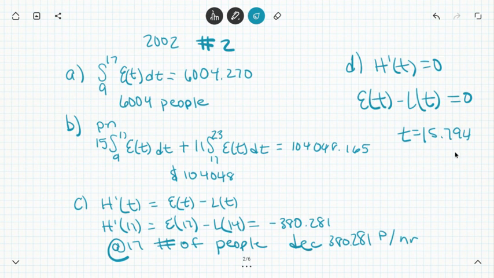Now, I heard rumors that you're going to be able to use online calculators. If you're going to be able to use online calculators, you can probably use Desmos. And I'm not 100% on this. I'm hoping they send out some more information, and you may have already gotten it, to say what kind of calculators you can